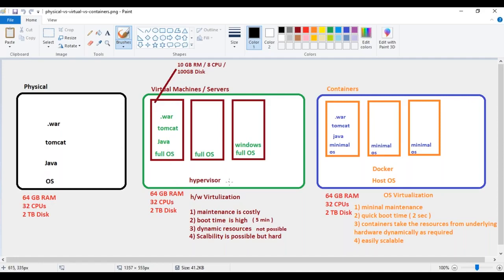Now this hypervisor could let me create another virtual machine with my own configuration, a number of virtual machines that can be created on top of a single hardware. This is why this became very popular, a very effective resource utilization that came into the picture. Instead of deploying a single application on a single hardware, now on the same physical machine we are able to deploy multiple applications, which are independent of each other.